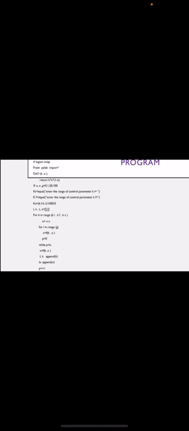Then for the first inner loop, for i in range g, where g here is 100, there is a number of iterations, and we can find the first attractive point. If c is greater than 3, there will be more than one attractive point, so we have to find them.